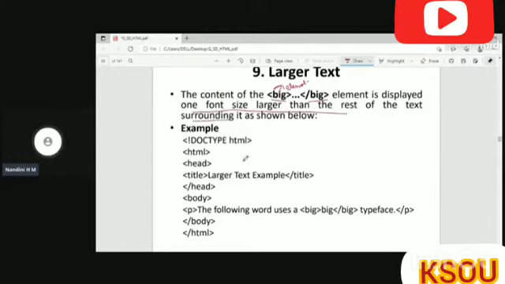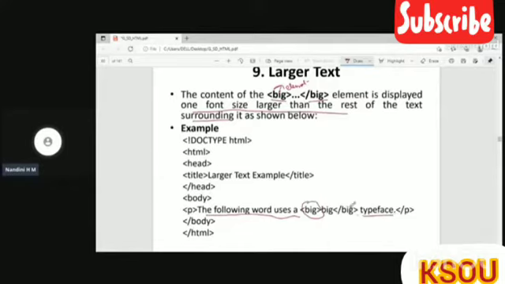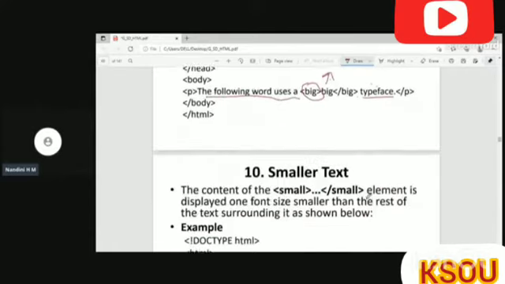So it will highlight your text with one size larger than the remaining text. Here you can see the following word uses A. After that, I have used this larger text tag, and then I have closed it. Then I have continued with the remaining text. Here, this will be in a particular format where it will be one size larger than these texts.